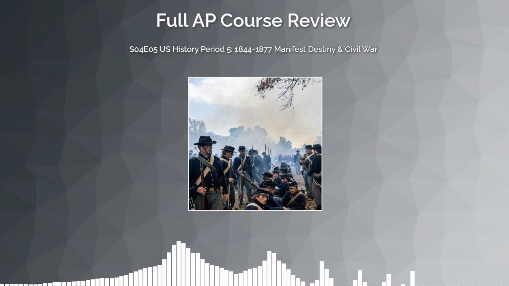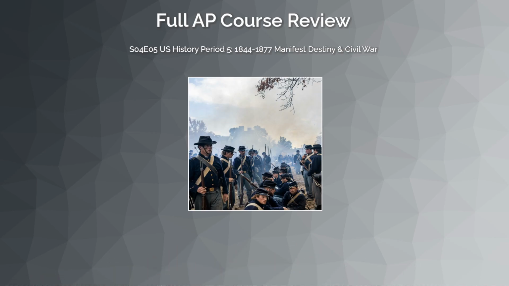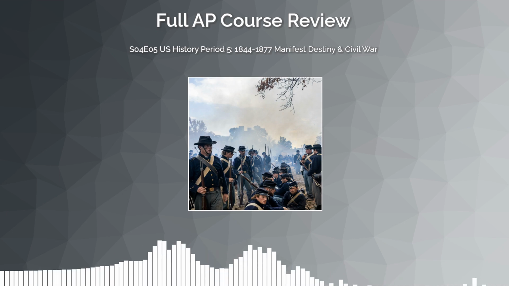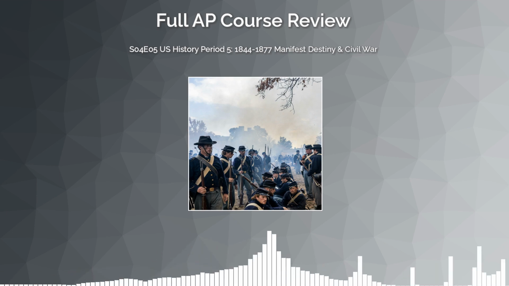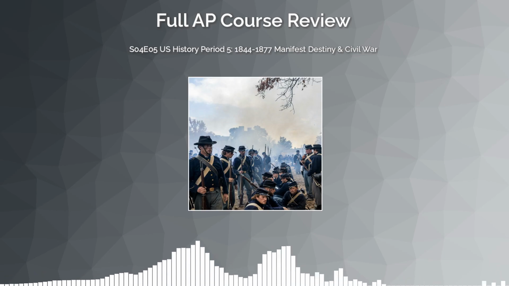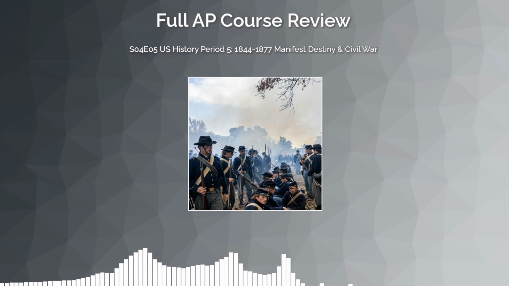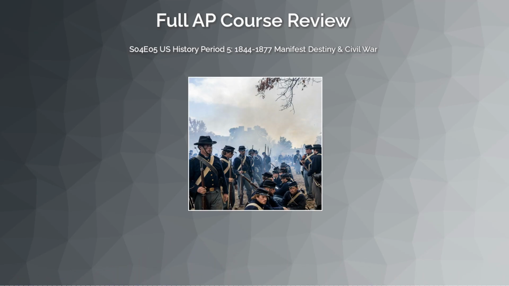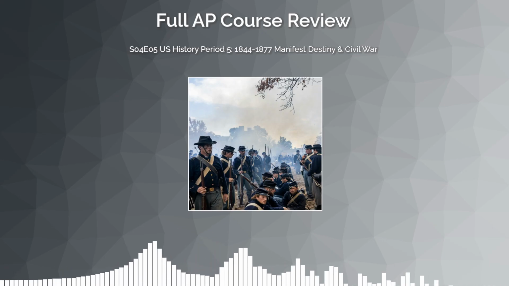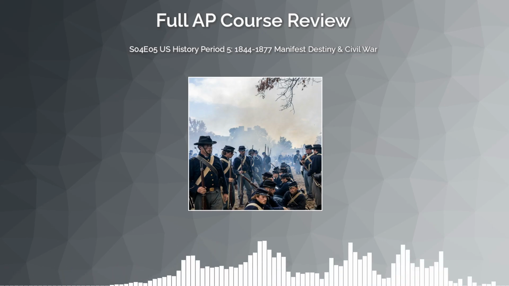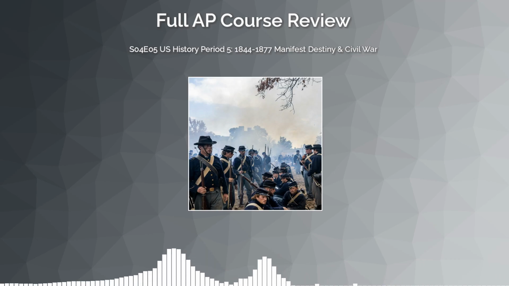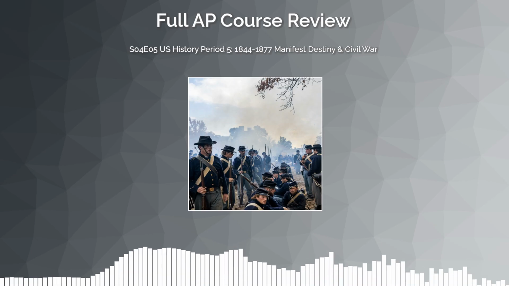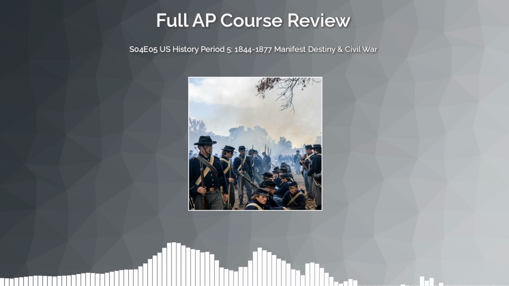The draft and civil liberties, the cost of total war. The Union also instituted the first federal military draft in American history through the Conscription Act of 1863. Here's your memorable detail. Wealthy men could pay a $300 commutation fee to avoid service. $300 was several months' wages for a working-class man. Draft riots exploded in New York City in July 1863, with mobs targeting black residents in a horrifying display of class and racial resentment tangled together. The AP exam often asks you to connect the draft to questions of inequality and social tension.